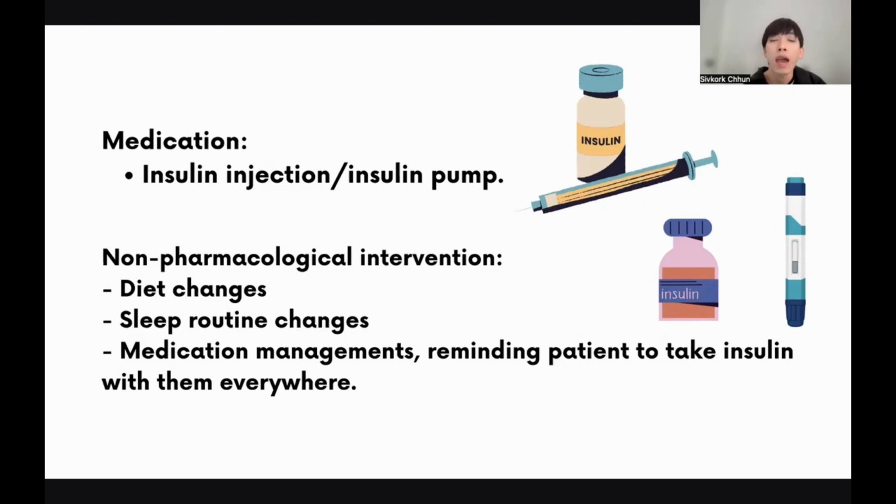It has a clear appearance, and it takes effect within 30 minutes, longer than the fast-acting, which takes only 20 minutes. The short-acting insulin lasts 5 to 7 hours. Intermediate-acting insulin has a cloudy appearance. Usually they add protein and zinc to delay its effect. It takes effect within 1 hour and a half, and it lasts up to 24 hours. The long-acting insulin has a clear appearance, slow action onset, and lasts up to 24 hours.